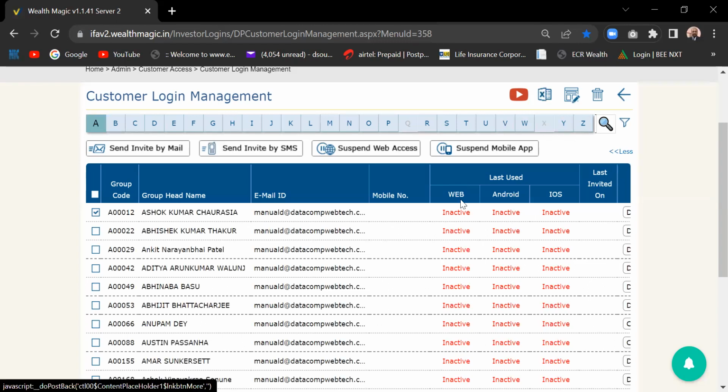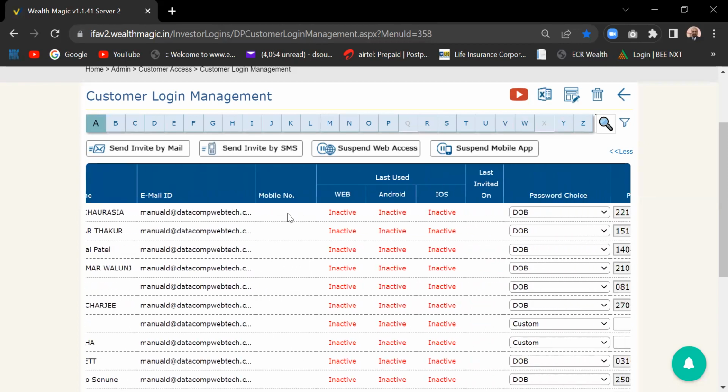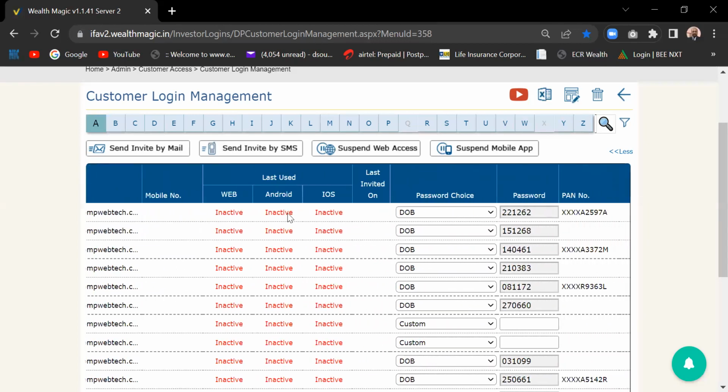I will go to the option called more. I'll click on the option called more. So what I will do, I will just take this cursor down here and just shift the key. Now there are choices of password. The password I'm going to send to my customer. So there are 3-4 choices. You can set a date of birth. You can have a PAN number, first name and PAN, a combination of both, first name and DOB, or customize. So you can do any customization regarding the password that you want to do,